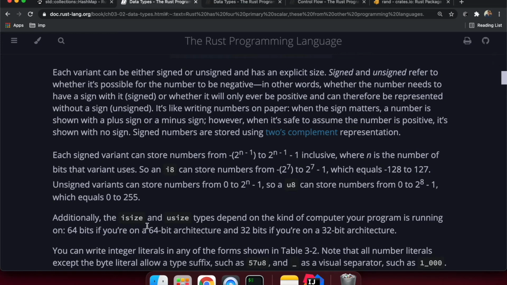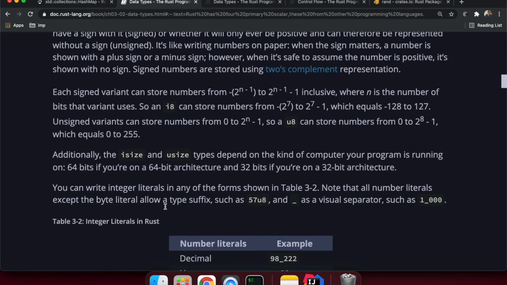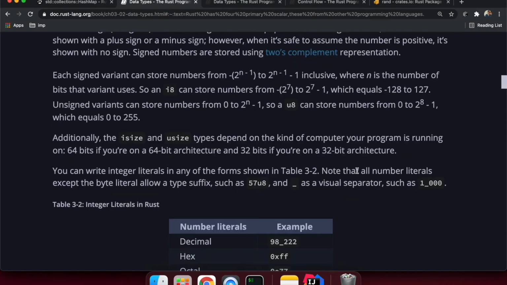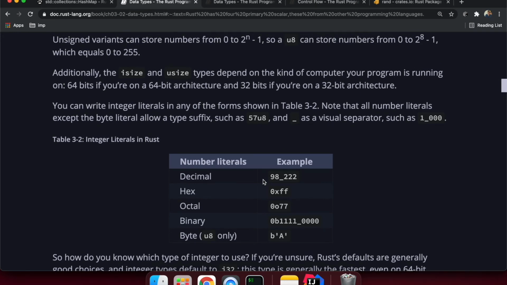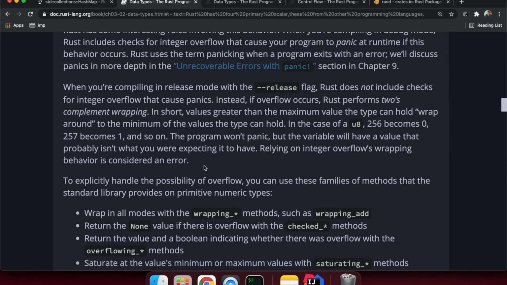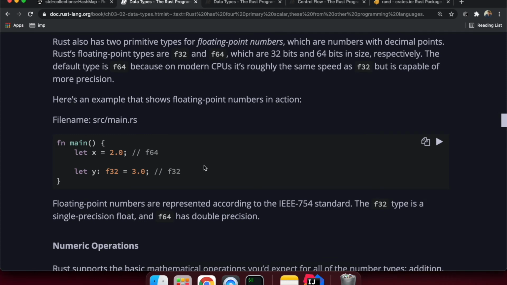The isize and usize types depend upon the kind of computer the program is running on: 64 bits if you are using 64-bit architecture, and 32 bits if you are using 32-bit architecture. Similarly, we have number and decimal literals in Rust, and how we can write those.